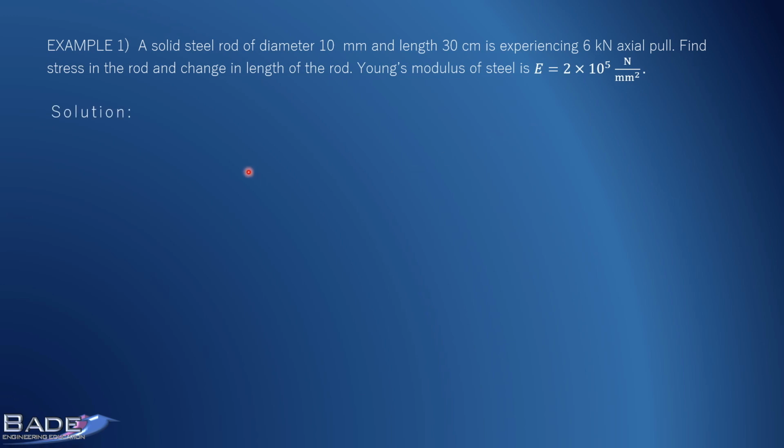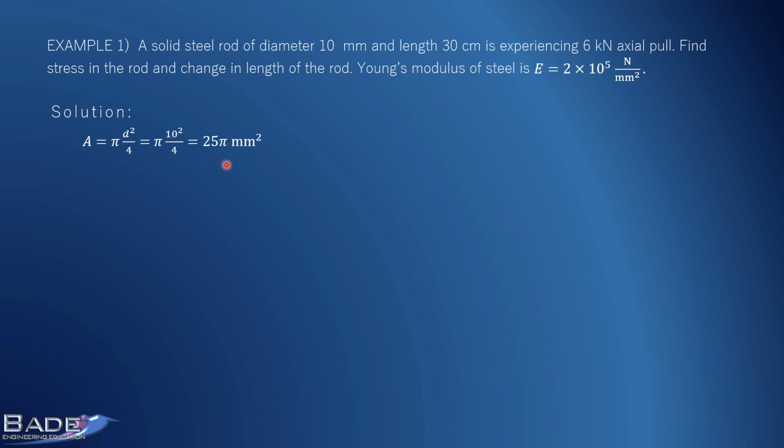What is cross-sectional area of the bar? Pi d squared by 4. So this is how we have found out cross-sectional area. Now I have a suggestion for you. While watching this video, keep calculators with you. If required, pause the video and do these calculations yourself. You will be able to gain maximum from this video series.